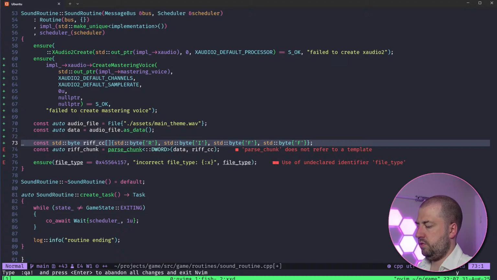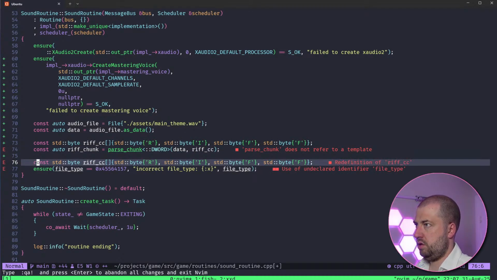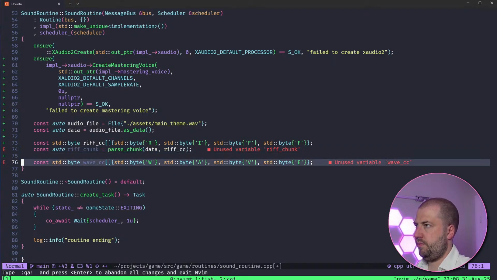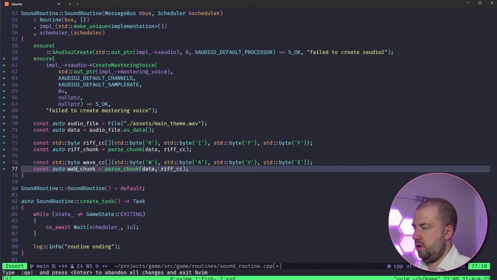And then I want to do wave CC will be, wave chunk will be from the riff chunk.